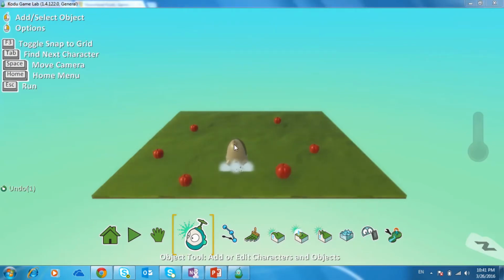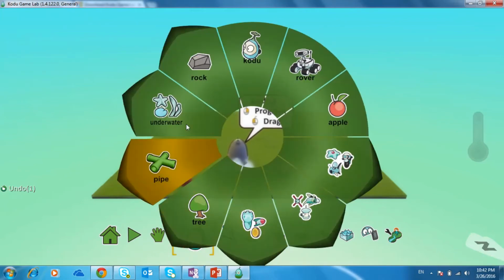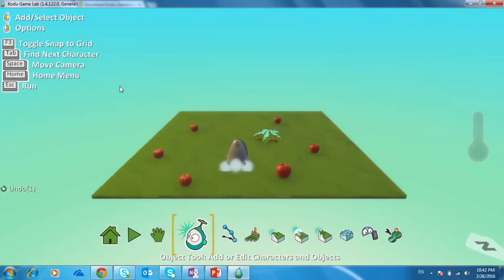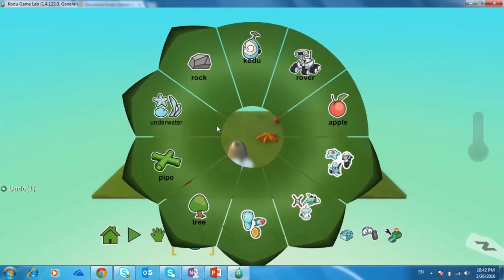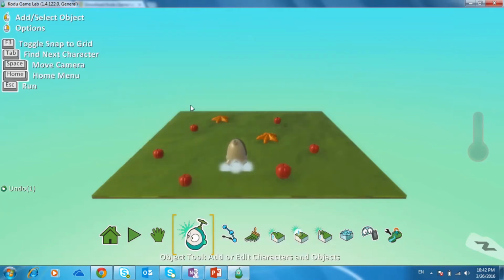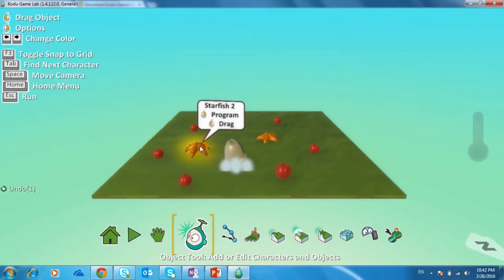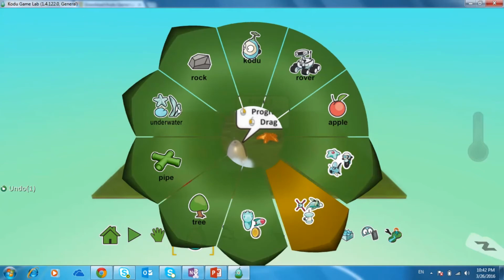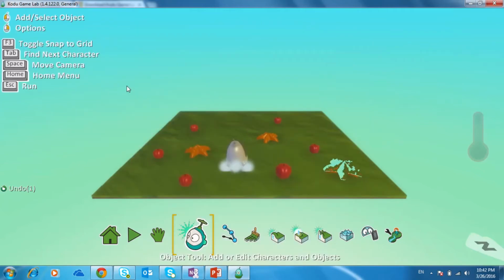Now I've added all the apples that I wanted the children to recognize. I'm also going to add a few more objects just to add some more variety to this terrain, and I'll add a negative marking also, so that when a child clicks on any object other than apples, there should be a negative marking. So I click on this object tool and go here, and let's say I want to add a starfish. So there's one starfish added. I'll add, let's say, 2 more starfishes randomly somewhere, so that when a child clicks on a starfish, a negative marking should happen. So let's say I've added 3 starfishes.